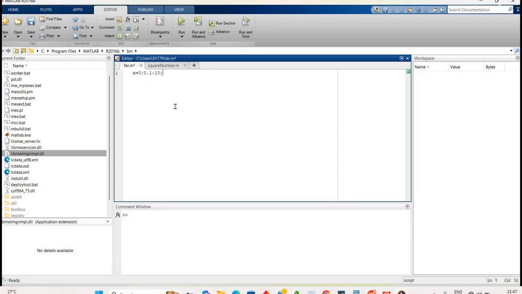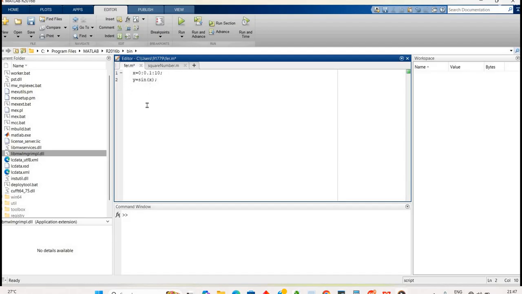Now next we will compute sine for each of the x values. So for that we will take y is equal to sin of x and put a semicolon here. This will compute the sine of each x value to get the corresponding y values.